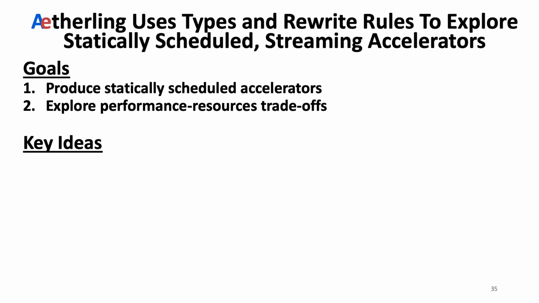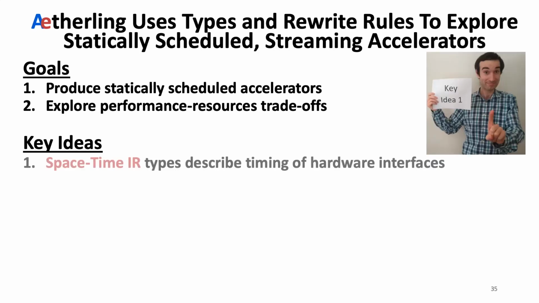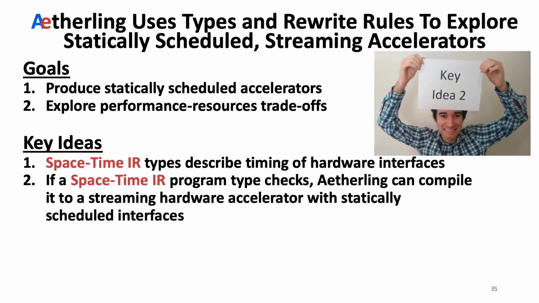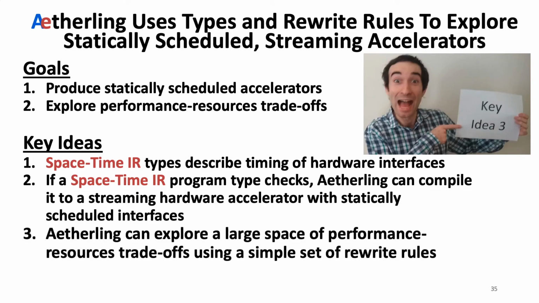In conclusion, the goals of Aetherling are to produce statically scheduled accelerators and explore the space of performance resources trade-offs. The key ideas of Aetherling that accomplish this are that types describe the timing of hardware interfaces. If a program type checks, Aetherling can compile it to a streaming hardware accelerator with statically scheduled interfaces. And Aetherling can explore a large space of performance resources trade-offs using a simple set of rewrite rules. These key ideas demonstrate the opportunity for programming language concepts to aid the development of hardware accelerators. Through techniques like encoding properties of accelerators and types, we can enable a faster iteration loop for expert designers and make hardware design accessible to a broader group of